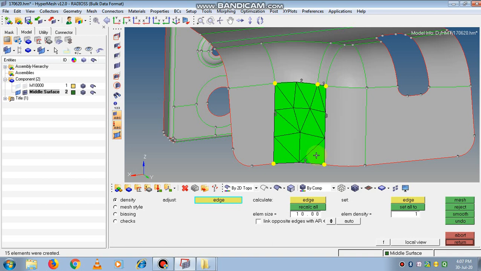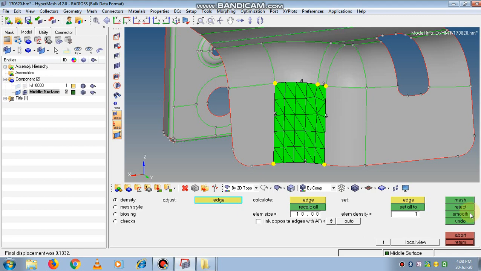Now we'll see what is R triads. So R triads means rectangular triangles. So all triangles in this R triads will be a rectangle. See here the rectangles are created. If you modify the quantity, you will get a different number of R triads. So in this way we have generated R triads.